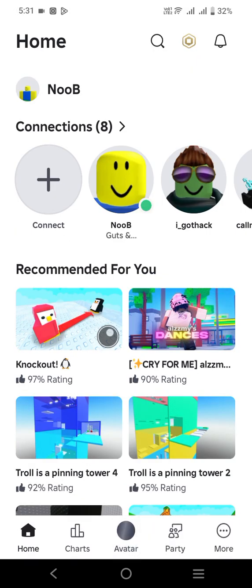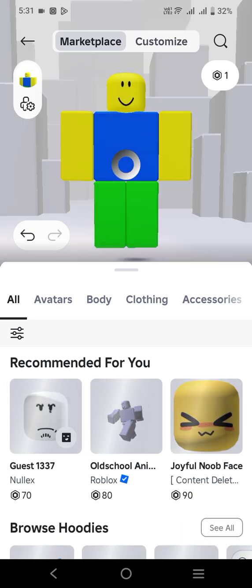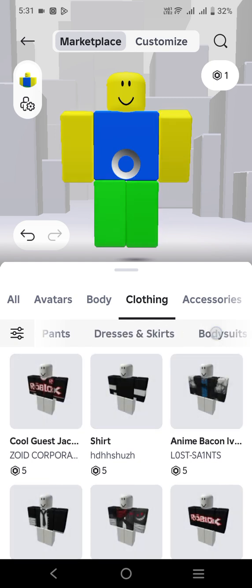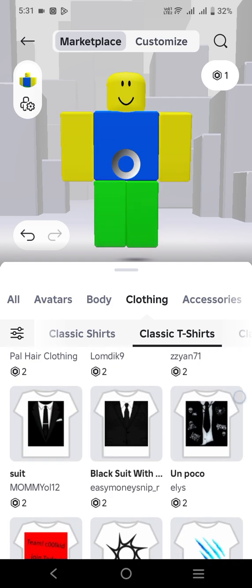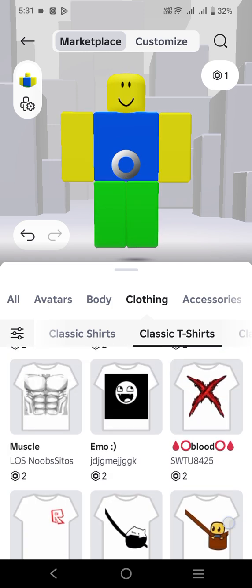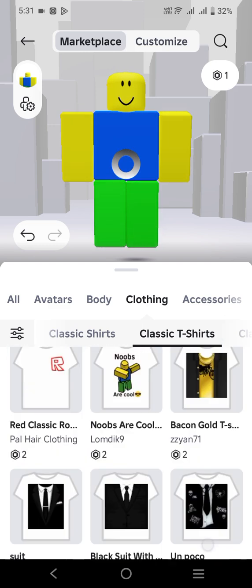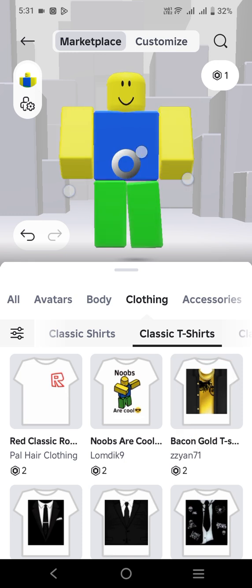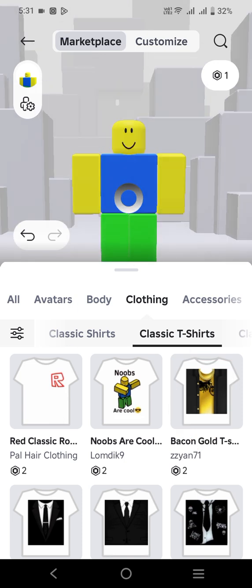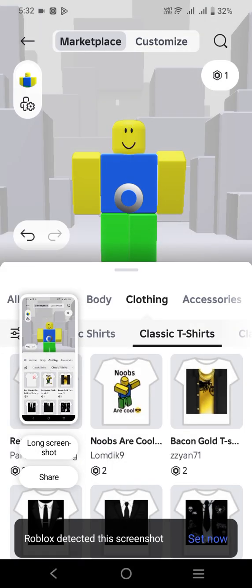First, go to marketplace and go to clothing. Scroll until you find classic t-shirts. Press that and pick a t-shirt you like. So today I'm gonna be using this. Take that screenshot. There is screenshotted,